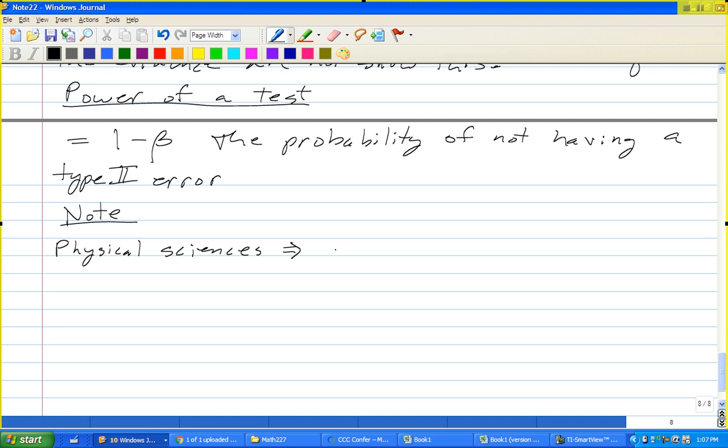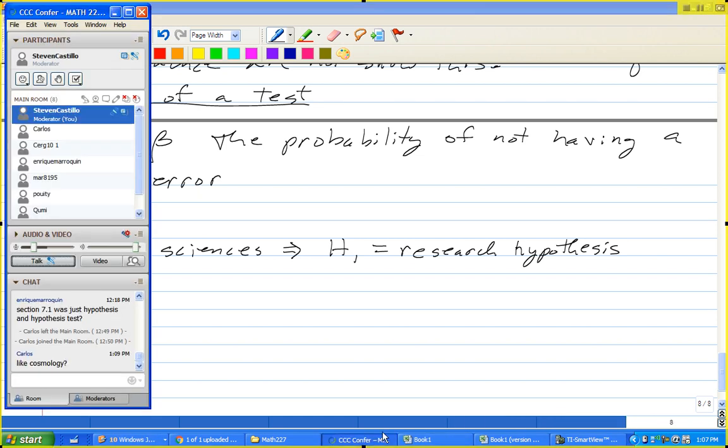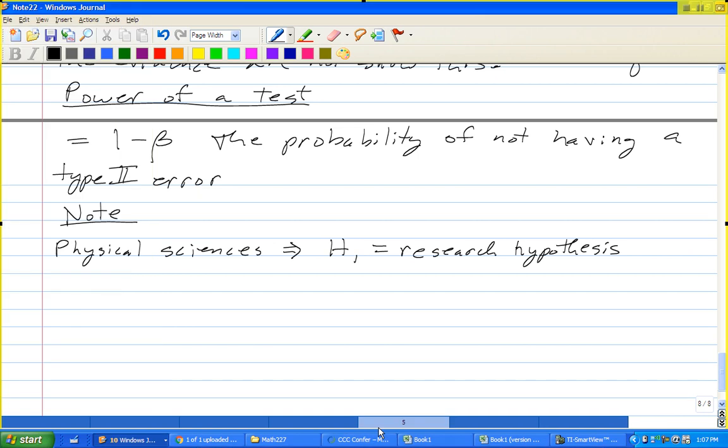the alternative hypothesis is what you are researching. It's your research hypothesis. So whatever your research hypothesis is, that will be the alternative hypothesis. And so any sort of physical science, so cosmology, whatever, your research hypothesis is your alternative hypothesis. In the social sciences,